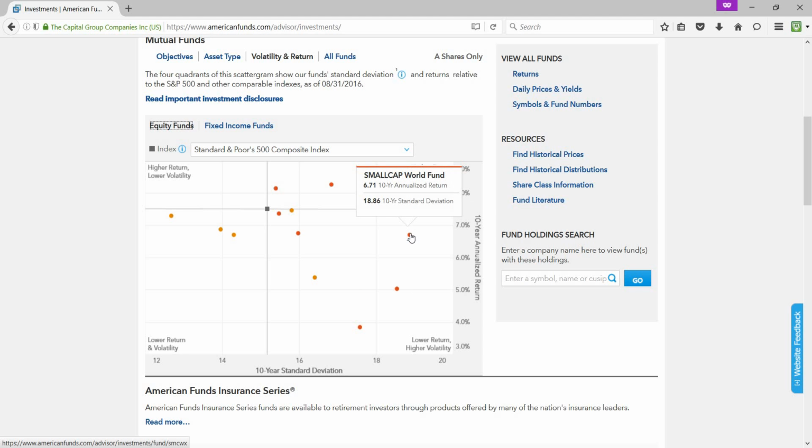Or in the Small Cap World Fund, the rate of return is 6.71 with a risk of 18.86 variation in your rate of return. What you can do in this section, if you are a high risk person and want to do more trading in the stock market, is buy these funds, and as soon as you get more profit, you can sell them out,